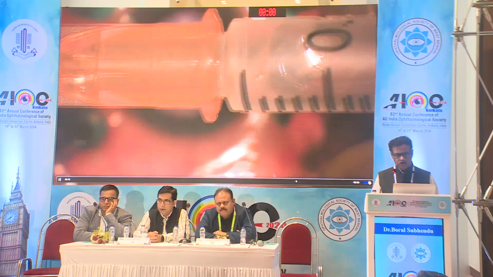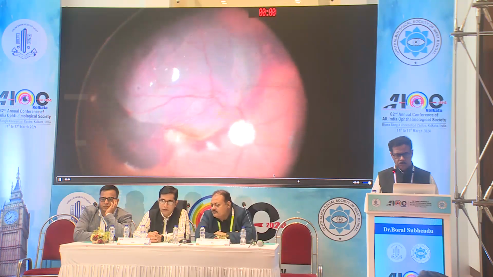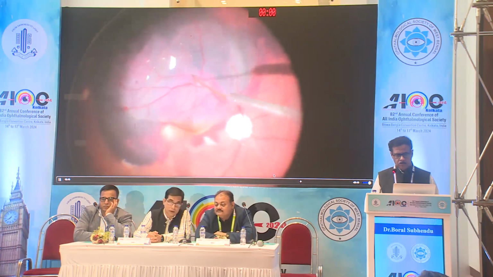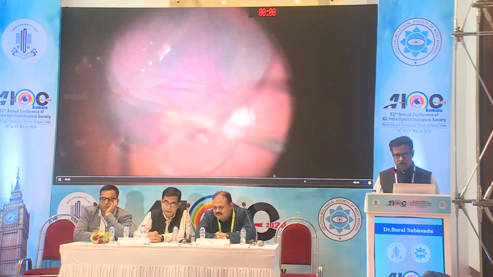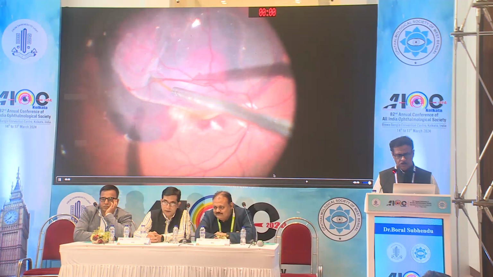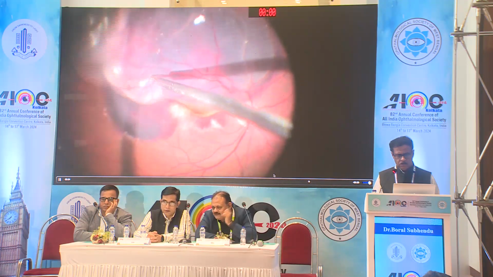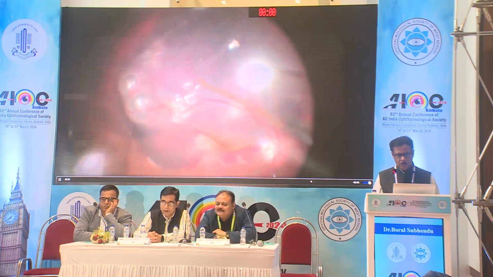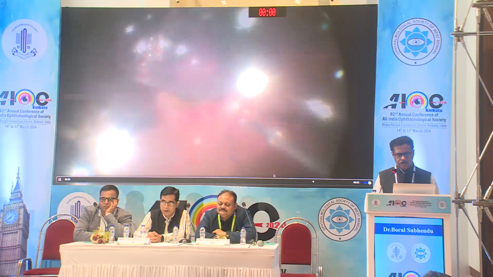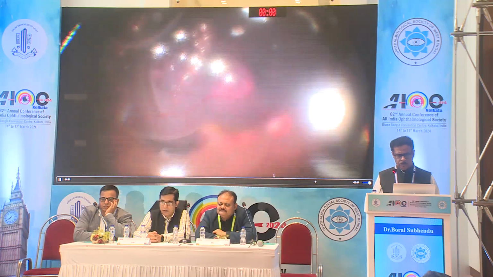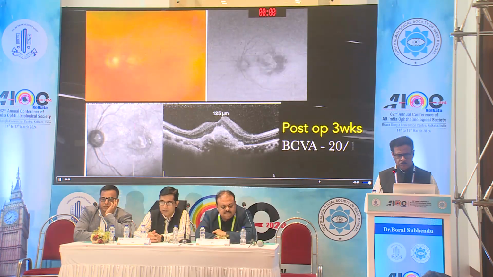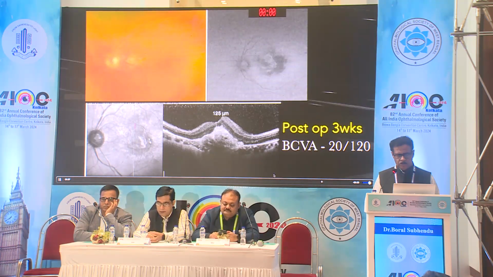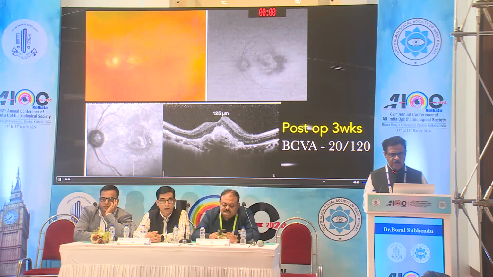Again, I used a combination of anti-VEGF ranibizumab injection 0.05 ml and filtered air 0.03 cc and injected slowly in the subretinal space outside the macula. Then I completed fluid air exchange and used sulfur hexafluoride gas tamponade. After 3 weeks, best corrected visual acuity improved to 20/120, with significant reduction of submacular hemorrhage.